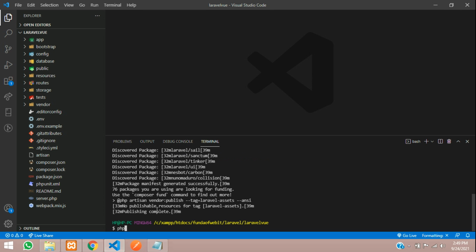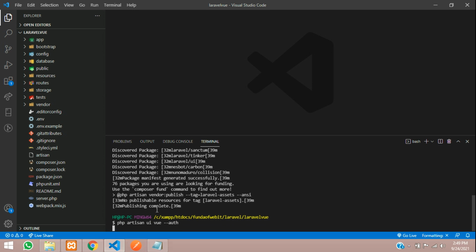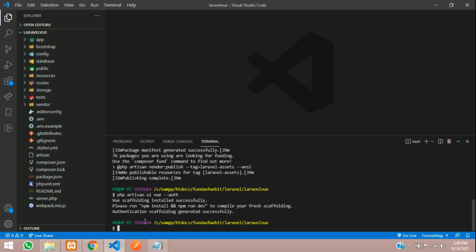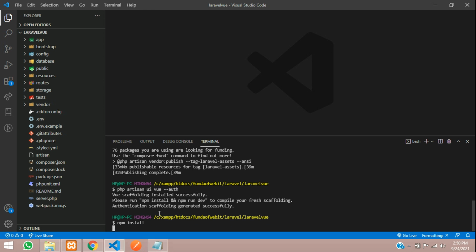So php artisan ui vue --auth, and hit enter. Perfect. Please run npm install and npm run dev. First let us run npm install.